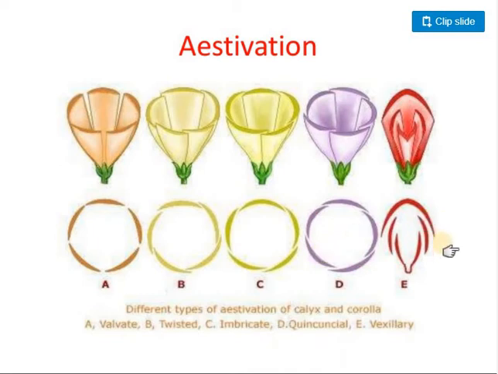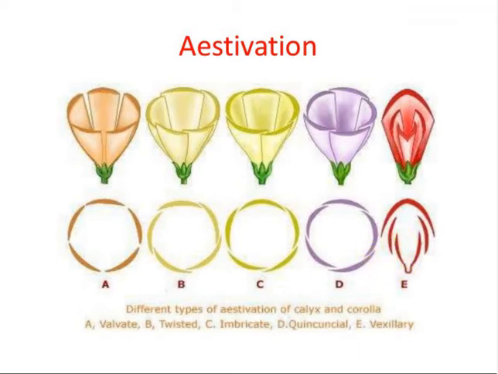And lastly, one petal is huge and it's outside. Two petals are fused and they are inside. And the two petals are in and out. See, this is the large petal and it is also called keel petal. The large petal is outside. Two smaller petals are fused to form a single petal. They are inside. And two petals are in and out. So one out, two in and out. This condition is called vexillary.